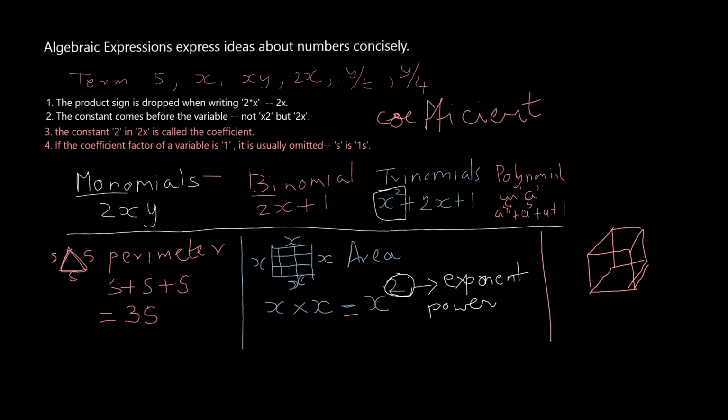In a cube, all the lengths measure x, this is also x, this is also x, and the height, or the depth, is also x. So it's going to be x multiplied by x multiplied by x, and this is x cube. So the exponent here is going to be 3. This gives us an idea that algebra is also helpful in representing multi-dimensional